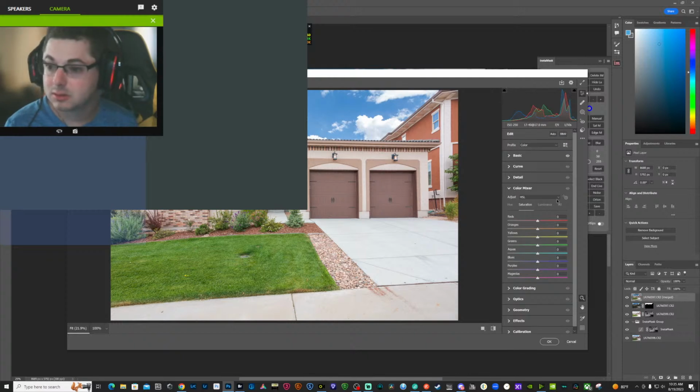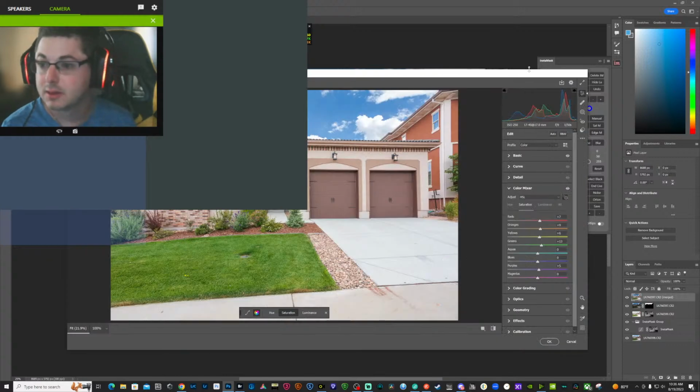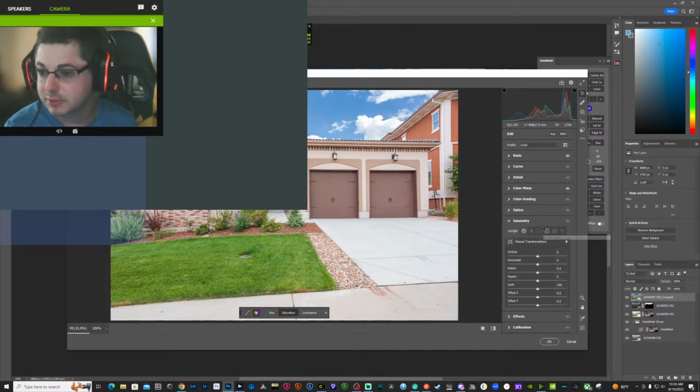Some color mixer. Boost greens, reds. We got some purples in there. I still feel like our exposure needs to be a little bit brighter on this image. Just a little bit. That looks good. Let's make sure we straighten.